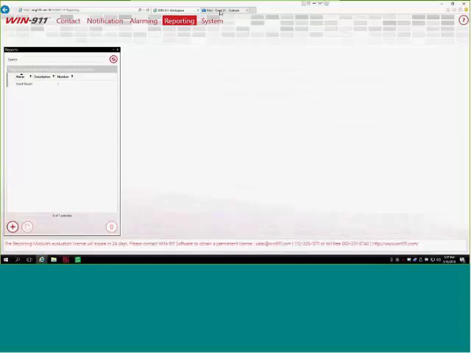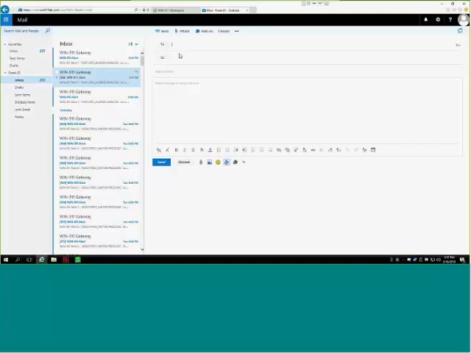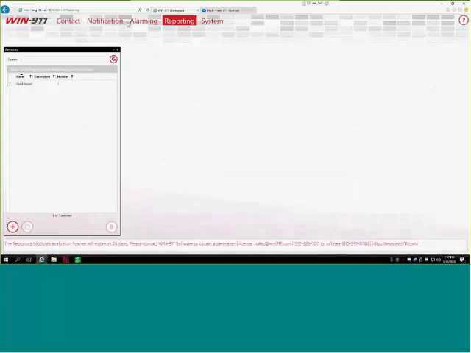I'll save it. If I go over to Frank's email, I'll create a new email notification. I'll send it to the WIN911 system. And I just need to type in what I want. I want report 1. And hit send. So once it receives that message, it's going to send me the report back with the values of those tags. While we're waiting for that, you could also